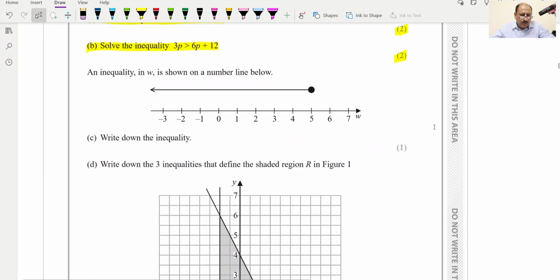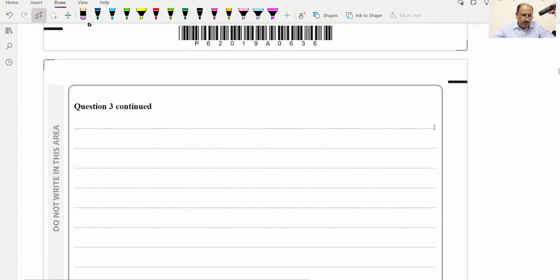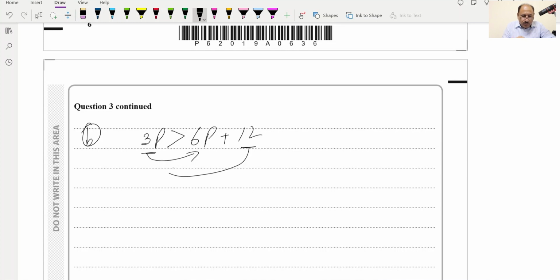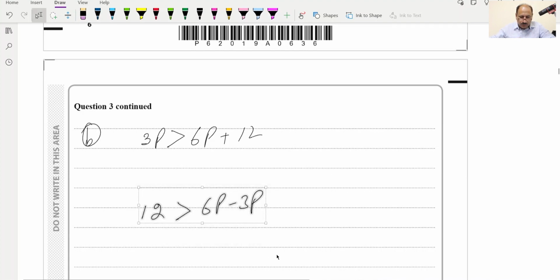Now for this inequality, 3p is greater than 6p plus 12. So the b part we can deal with over here: 3p is greater than 6p plus 12. What we can do is shift this 3p to this side and 12 to this side. So our next step will be 12 and 6p minus 3p. I'm removing the extra arrows over here. After this, what we will do,